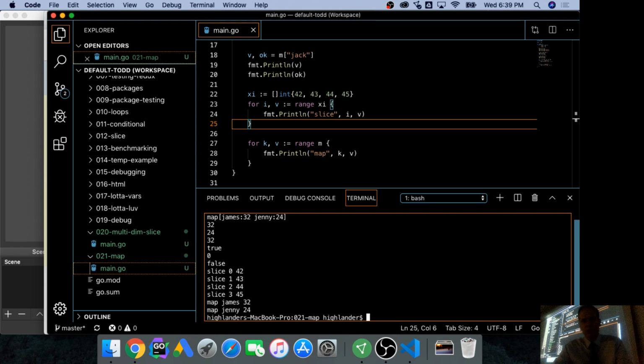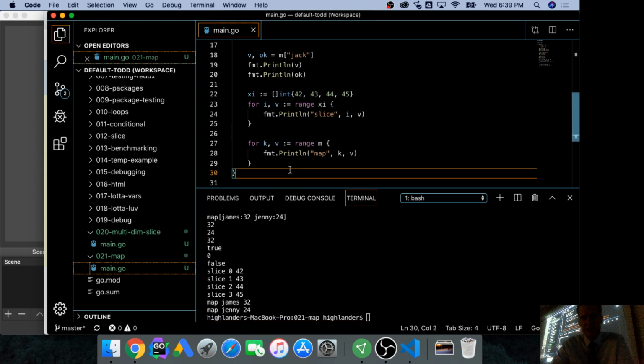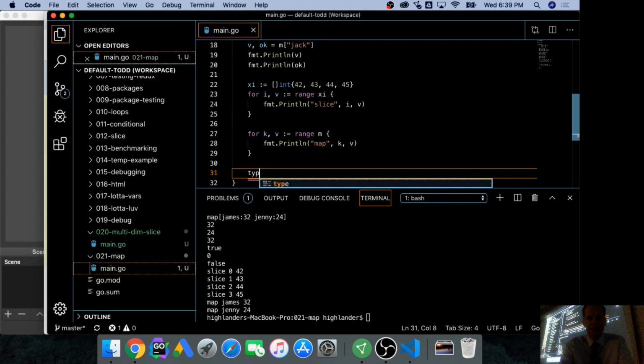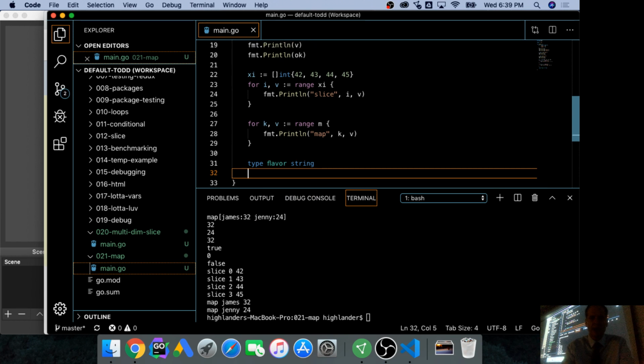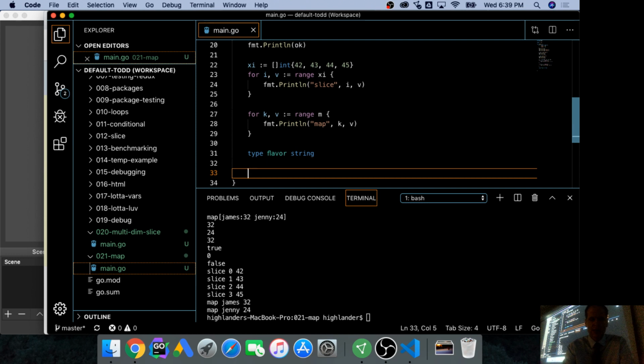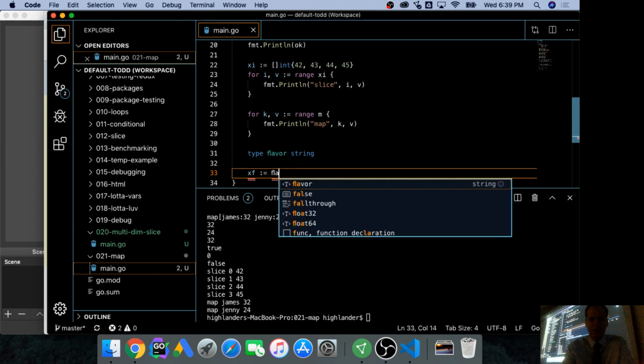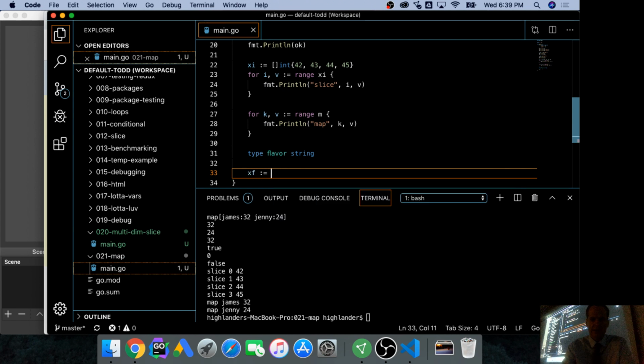So if I wanted to do a slice of flavors, I might create type flavor, and that would be an underlying type of string. And then I could create a slice of flavor, and in here I would do a slice of flavor,